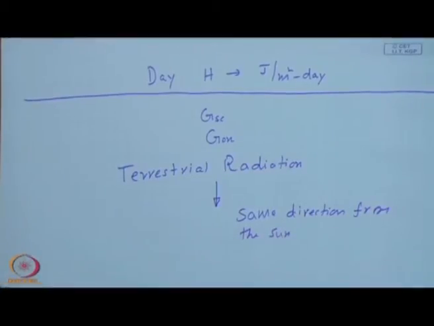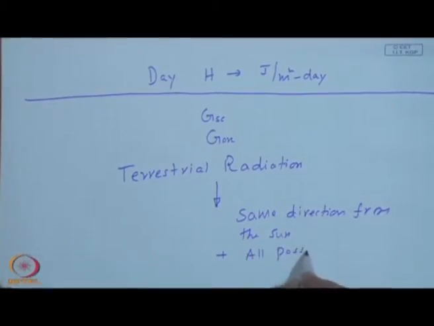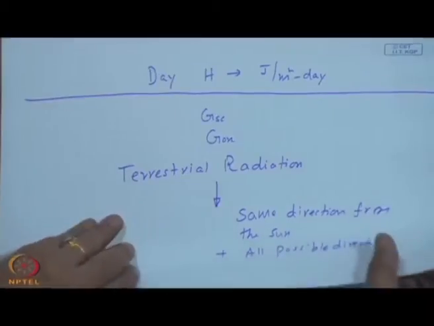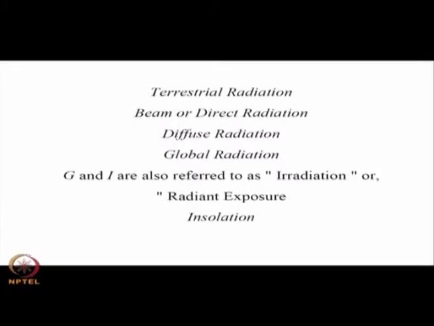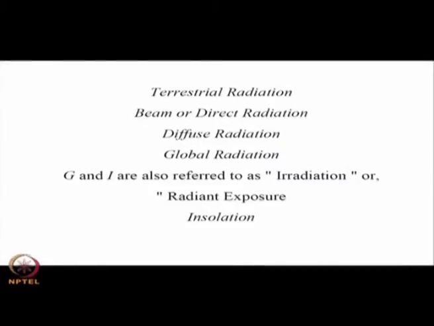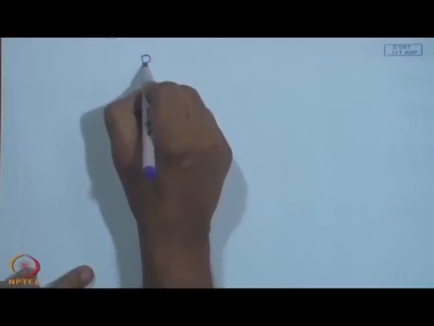If there is a radial line, it will come as a radial line plus all possible directions. This is the scattered part of it. So, G and I are also referred to by other terminology as irradiation and radiant exposure, and insolation is a very specific term that is used only for solar radiation, though we shall not use this terminology. So, this terrestrial radiation consists of what we called beam